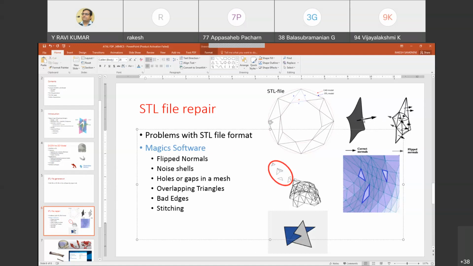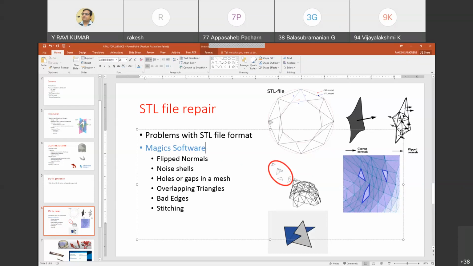This is the normal, and it should point outward from the surface. Sometimes while converting from CAD to STL, a few normals are formed inward and a few pointed outward. The outward normals are okay, but the inward normals are errors. While slicing in the Cura software, which we will teach you, the slicing software will not understand which order and which normal to follow. At that time there is a problem for that software.